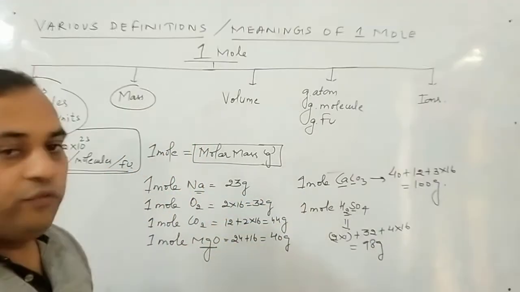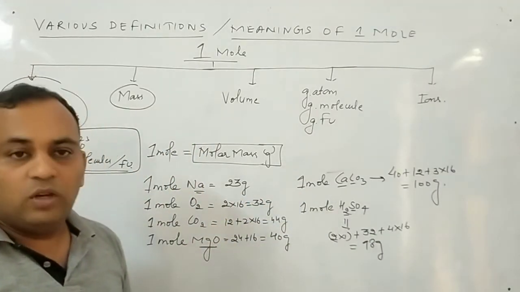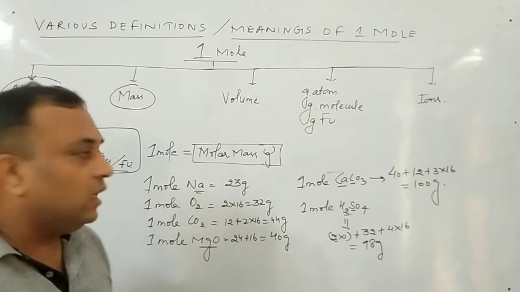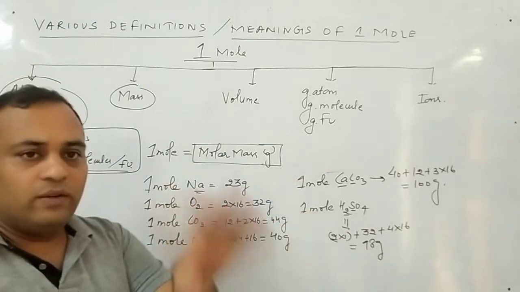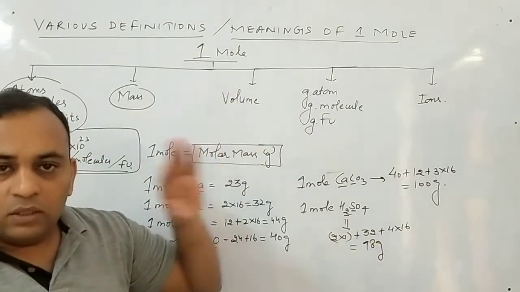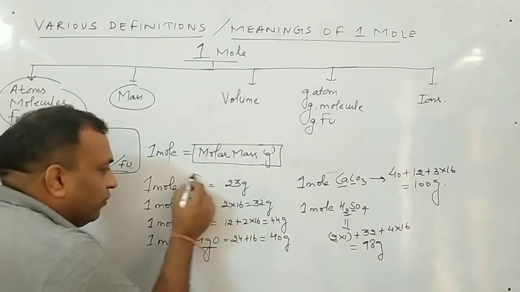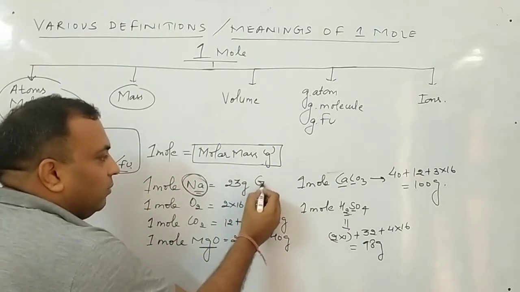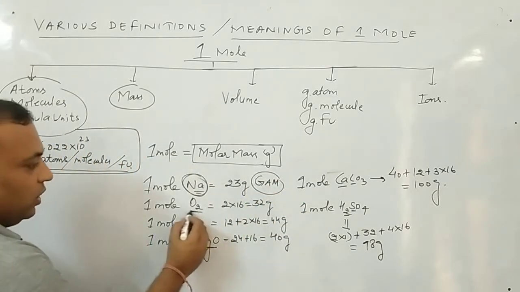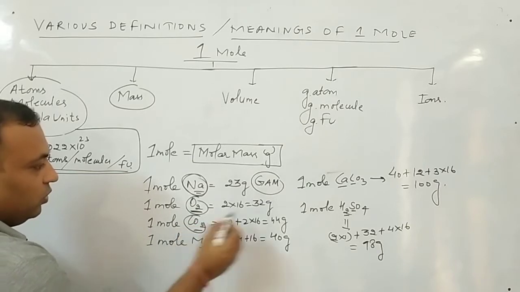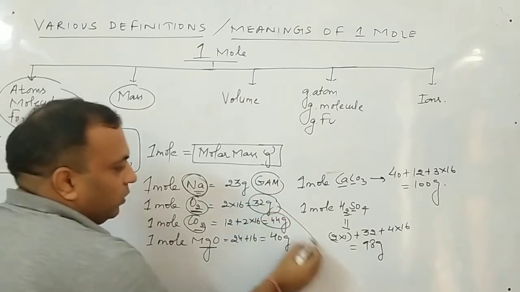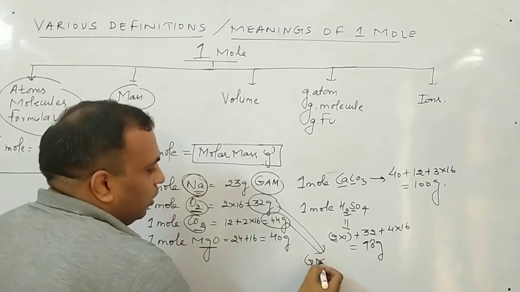So this is the way of how to write or how to calculate the molar mass. The thing that you have to remember, in the mole concept, the mass is always calculated in gram. So whether I write or not, you have to understand this thing now. So now 1 mole is having the mass, molar mass. Now see one thing. In case of atom, this is gram atomic mass. While in case of molecule, this is molecule, this is molecule. So these two are 32, 44. These two are said to be the gram molecular mass.